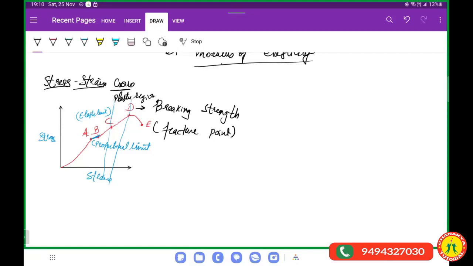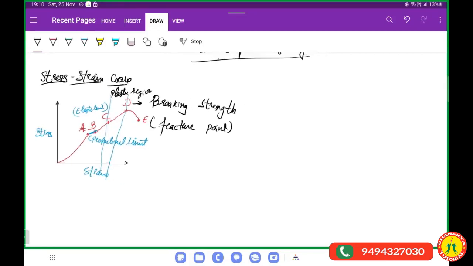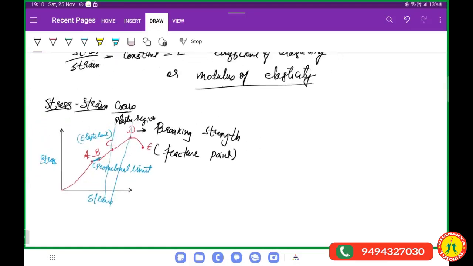So breaking strength is the length of the wire because of which the wire will break by itself, like due to the stress. If at the given length of the wire we put a strain or stress on it, it will break by itself. You don't have to put a lot of stress on it.